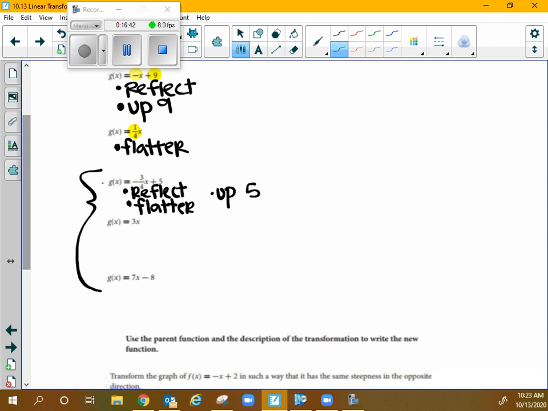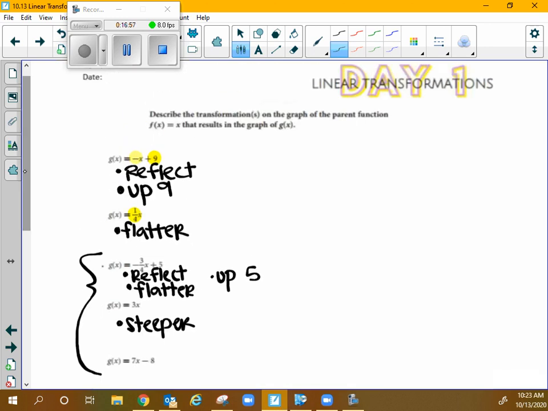How many transformations? 1. Steeper. Isn't that the same thing? Okay, time out. The slope increased. What does that do to the line? You are talking about the